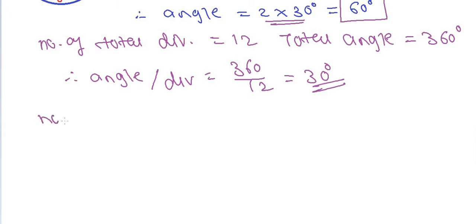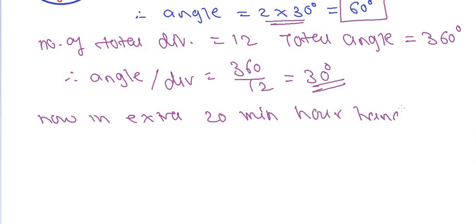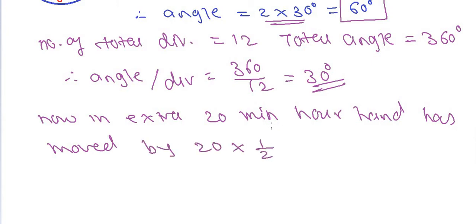Now in extra 20 minutes, the hour hand has moved by 20 into the angle made by the hour hand per minute, which is half degree, that is equal to 10 degree towards the minute hand,